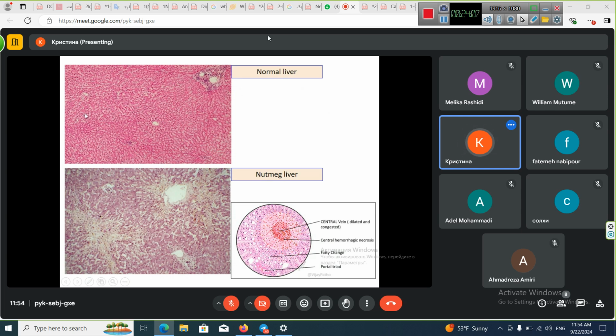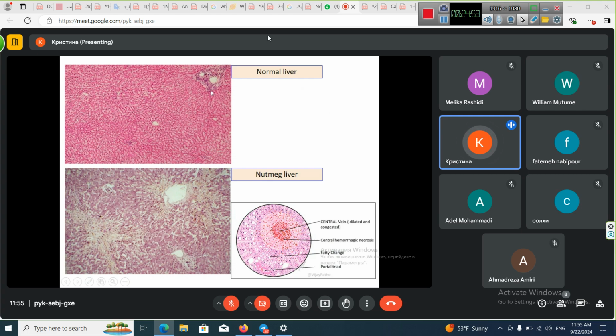So once again, normal liver has a very small diameter of central vein compared to the diameter of central vein in nutmeg liver. Then normal hepatocytes around the central vein in normal liver, and necrotic hepatocytes around the central vein in the nutmeg liver. Then here is the area of the portal triad. It should be here in this area in this picture. And in normal liver we cannot see clearly the borders of the hepatic lobule. It is very hard for us to see it because